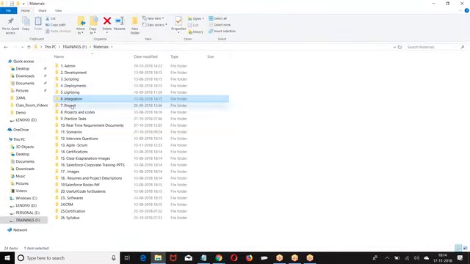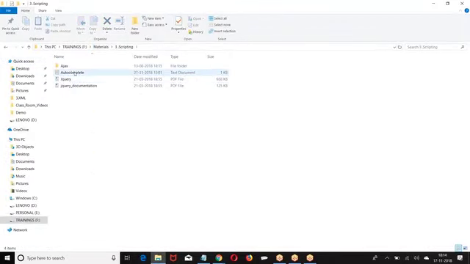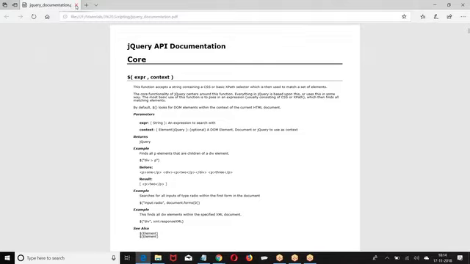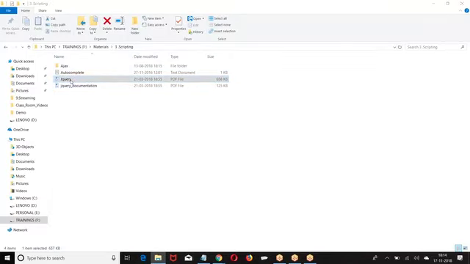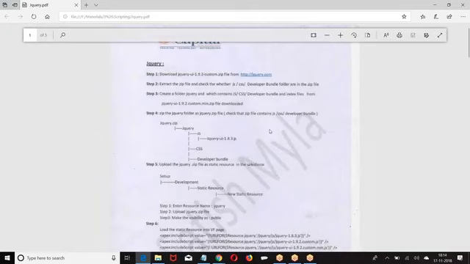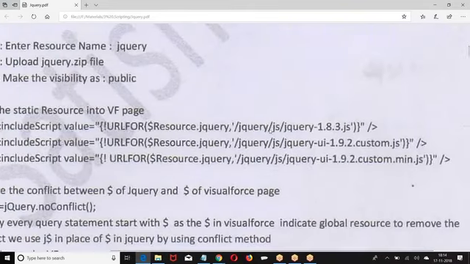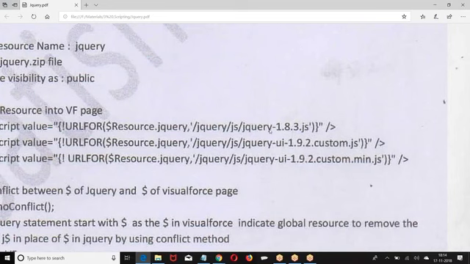When you want to include multiple files, look at this. Now, how did I give URLFOR $Resource.jQuery